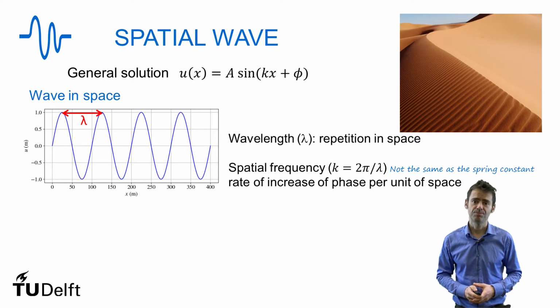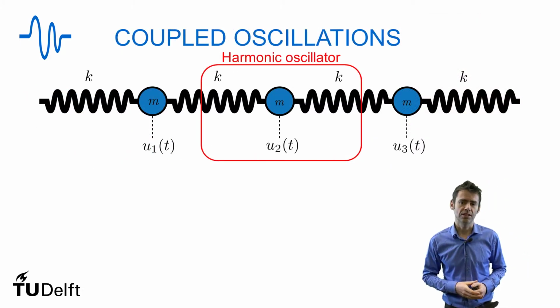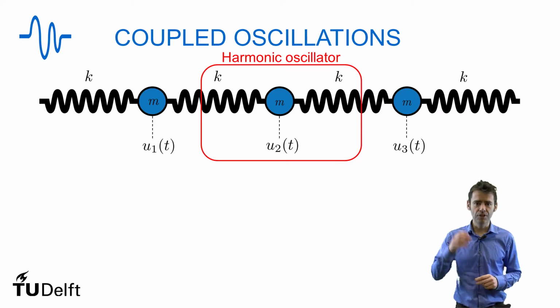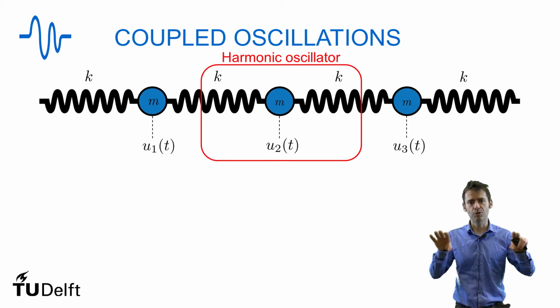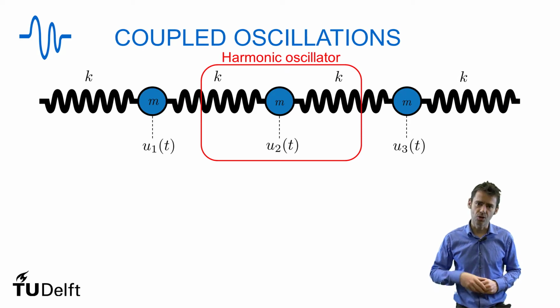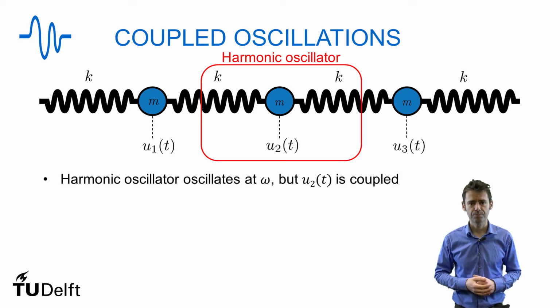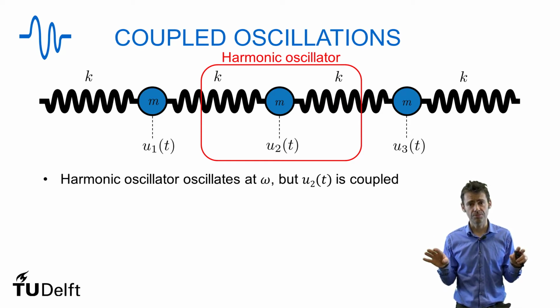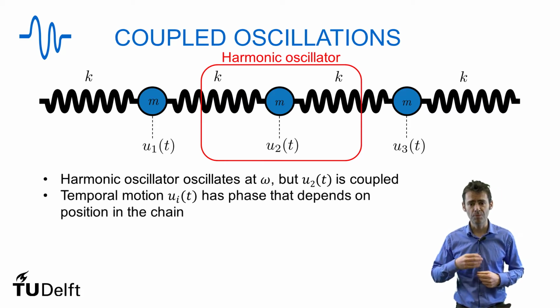Okay, now you might wonder, are there also waves that occur both in space and in time? Yes, is the answer. So now consider our harmonic oscillator. Instead of being freely able to move, it's now in a chain of all kinds of other oscillators. And it starts to oscillate at frequency omega. Of course, the position of the harmonic oscillator is also influenced by the position of the other oscillators, because in Hooke's law, the force that the oscillators apply on each other depends on the distance between the oscillators.